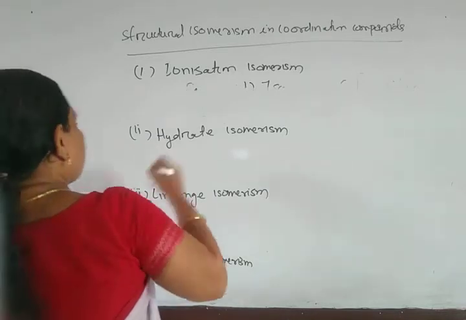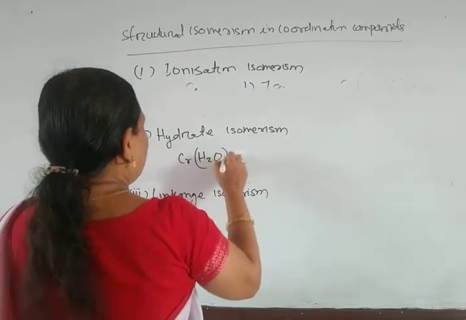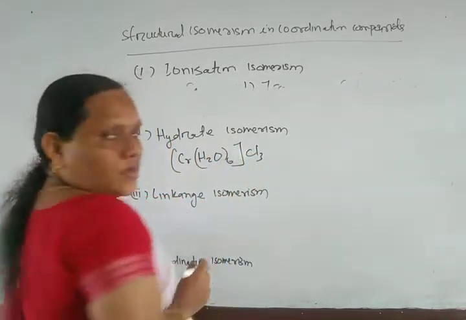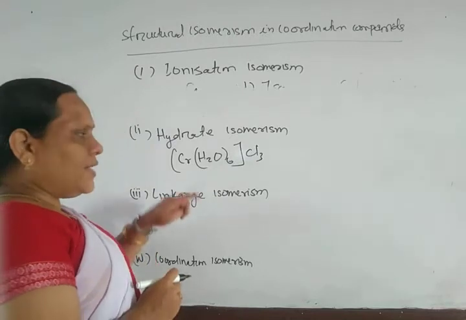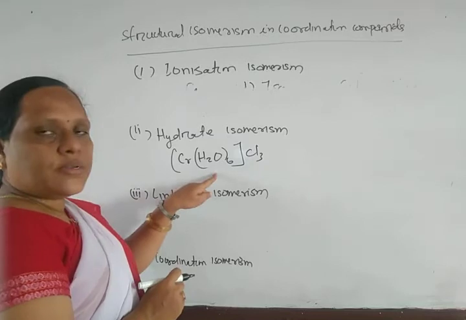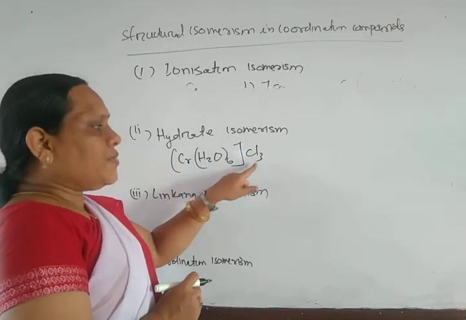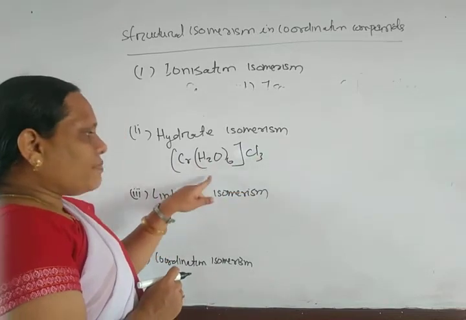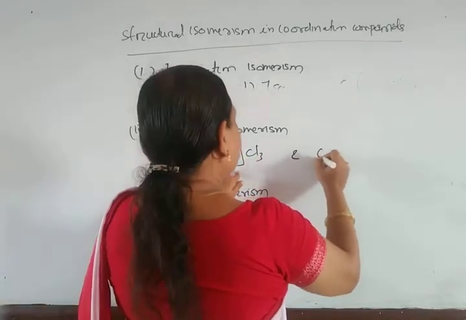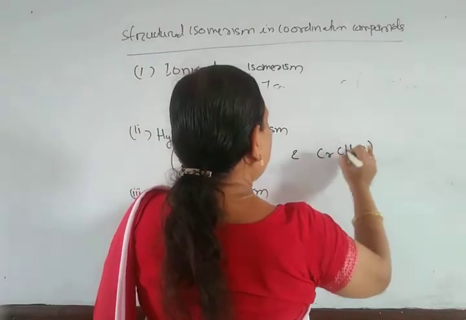Look here, suppose you take the example of [Cr(H2O)6]Cl3. This is also one type of ionization isomer. In this coordination sphere there are 6 water molecules, and here 3 chloride ions. So this chloride ion can come here, and if water goes outside, in this way we get [Cr(H2O)